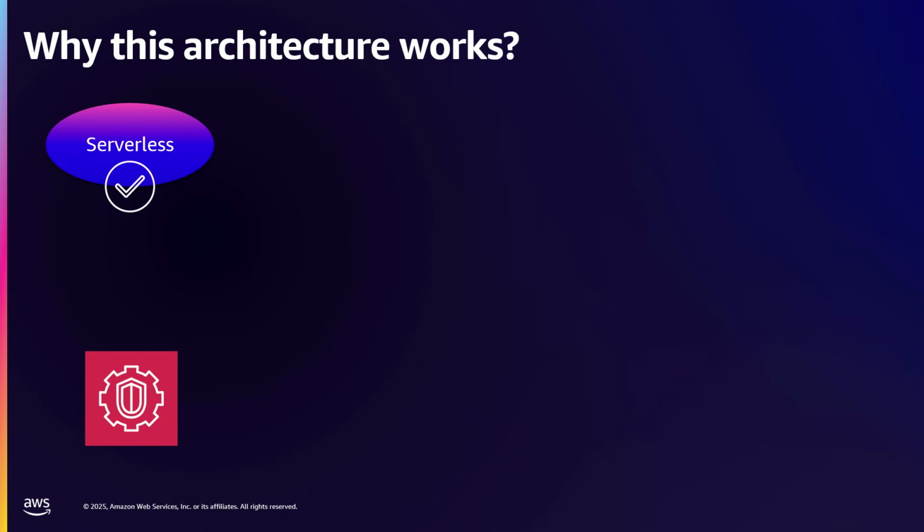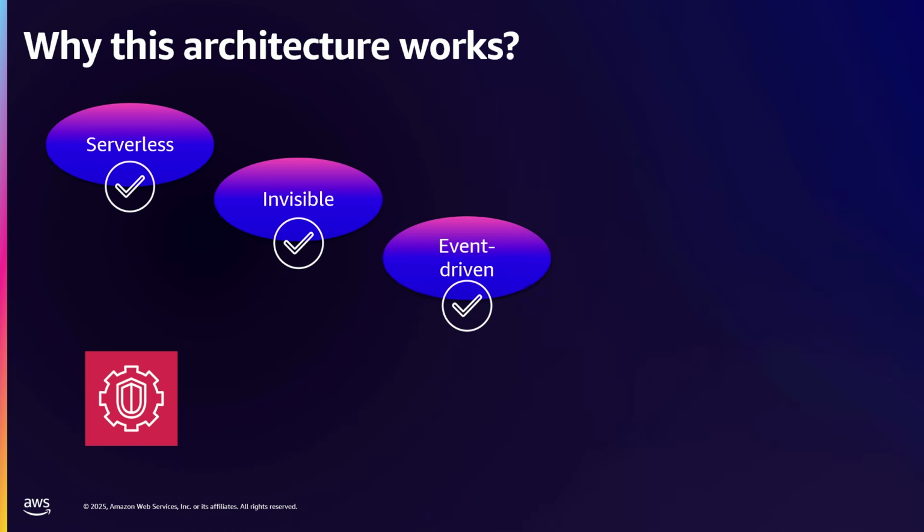So at this point, maybe you have already seen, or maybe you have some questions about how this architecture works. First of all, it's serverless, as you can see. There are lots of different serverless services, and we just need to focus on the code. No patching, no VM management, and we just need to focus on the business logic and the GuardDuty tags, and we can just move on. And after that, it's invisible for the clients and for the attackers. We just need to understand the whole flow as cloud security architects or security engineers, and move on with this.